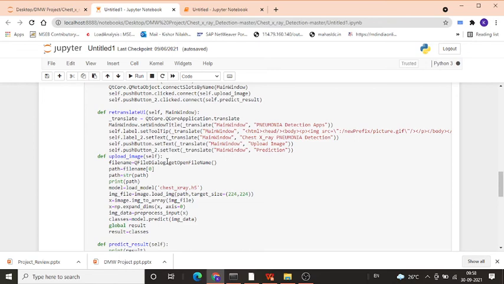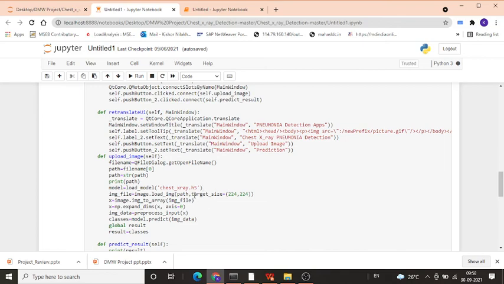Upload image. Whenever we upload the image, initially it tracks the path where the image is placed, meaning the testing image. Then it gets that image and loads the model that we have developed.